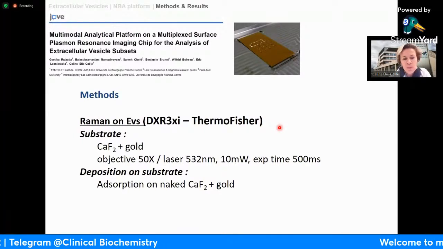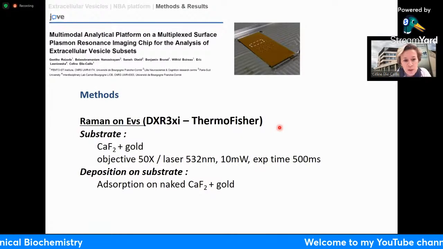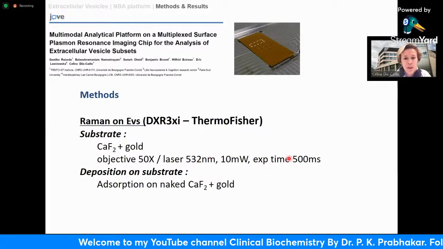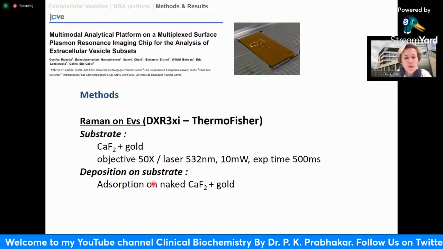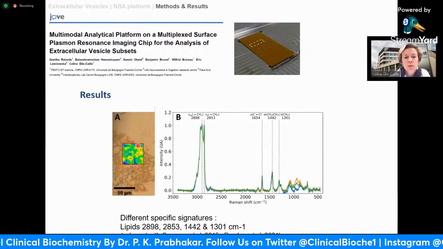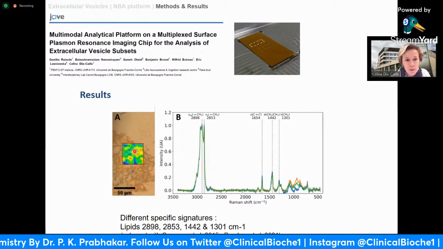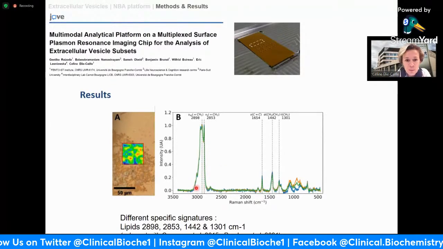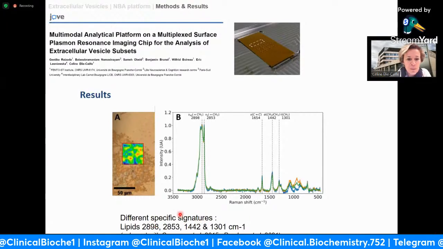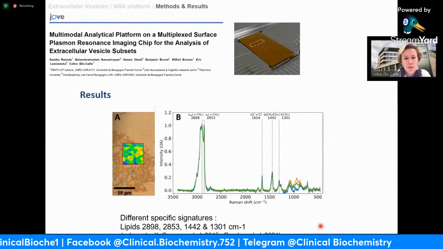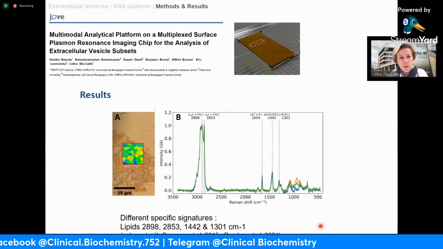Here we published this first result on a calcium fluoride surface on which we deposited gold, in that condition of laser power, wavelength, and exposure time. What we obtained was a first profile of those EVs absorbed on this calcium fluoride surface, corresponding in terms of the position of peaks with the lipids coming from the extracellular vesicles in that sample. So with that,